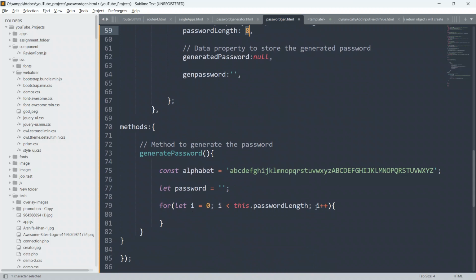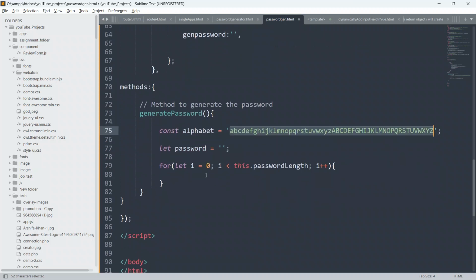And here I'll just increase the loop by 1, and every time this loop runs, it will try to extract an alphabet from this string, okay, up to 8 times.